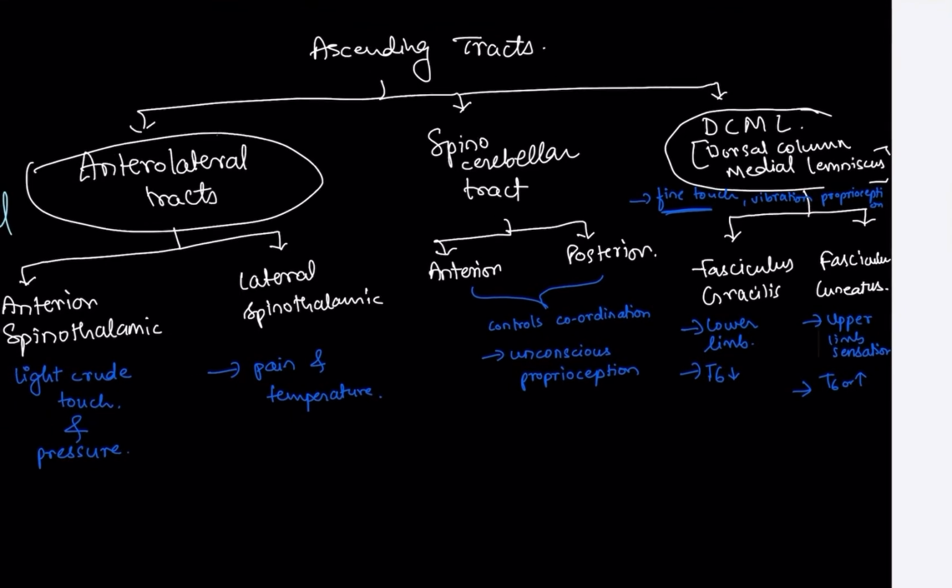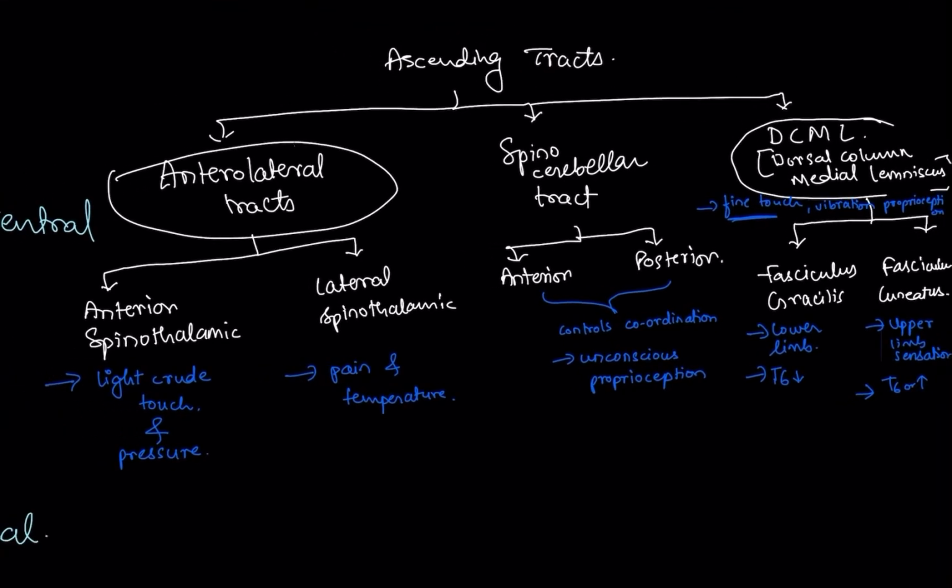Make this diagram or this table compulsorily. This is what you have to know and remember. So we can start with DCML now. It is not compulsory for you to make notes of it. I'm explaining so that you understand the concepts. I just don't want you to mug up everything without understanding how they actually work. You're learning the human body, right? So you should know how it actually works. This is for your understanding.